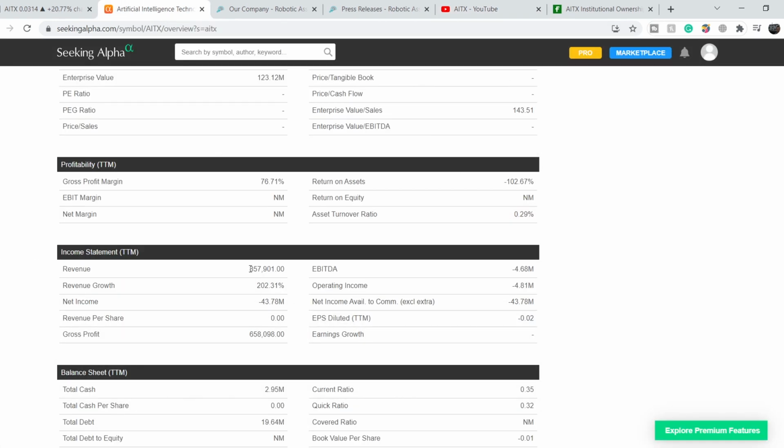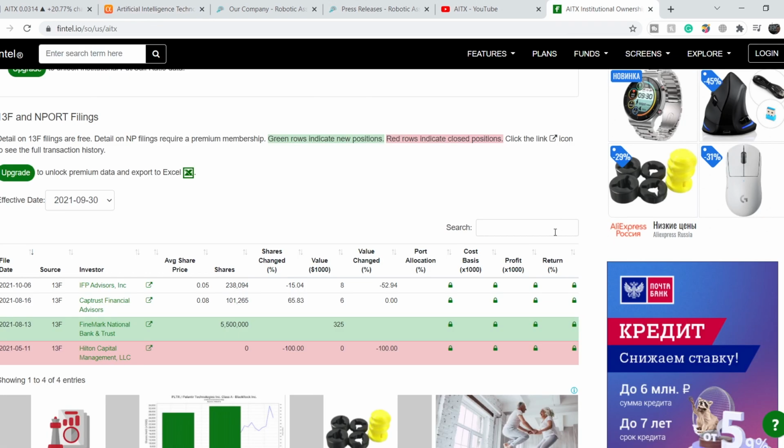They didn't sell even for $1 million. But still, this company is really interesting at this point. And I have to say that institutional owners right here, as you can see, we don't have many filings on their smart money list, but nevertheless, this company has more than $325,000 in value in